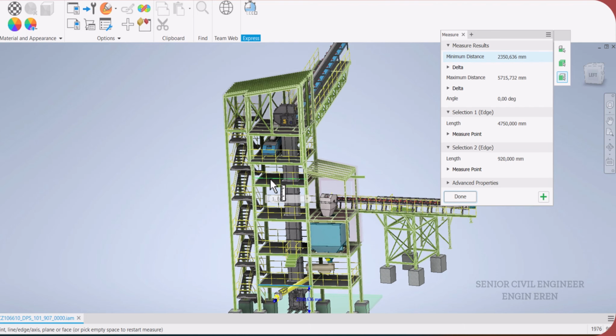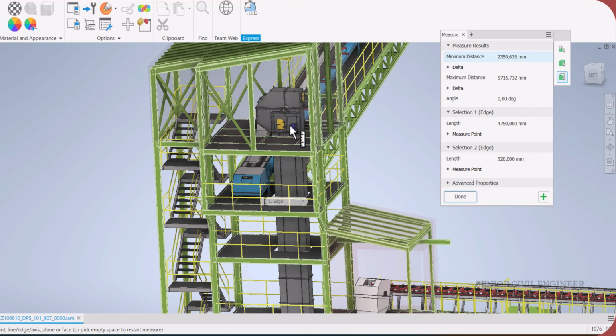With all loads defined, I will finalize the SAP 2000 model and perform a complete structural analysis. This analysis verifies that the structure can safely handle all loads under various conditions. The analysis also helps me optimize the design by ensuring the structural elements are neither over nor under designed. You know, for example,